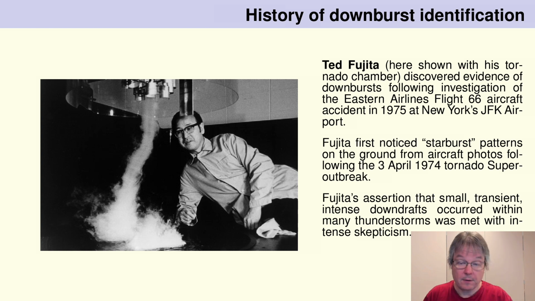And Fujita hypothesized quite correctly that this was caused by downbursts or by downdrafts from thunderstorms. And this was met with intense skepticism at the time, because downdrafts were thought to be broad and diffuse primarily. Nobody had ever observed or theorized, I think, downdrafts being that small and causing that kind of damage. So Fujita helped, from his